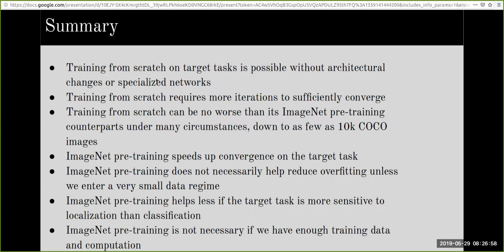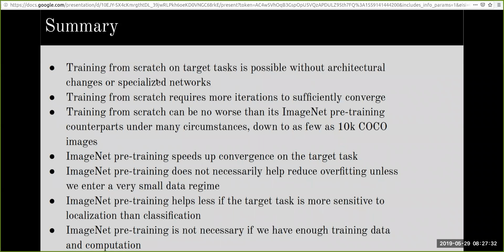So that is all about this paper. These are some of the things that were experimented. Training from scratch on target tasks can be done without any special architectures. While some prior works did go with special architectures, they didn't show any evidence that even with those special architectures, they were able to produce results comparable to fine-tuned models.